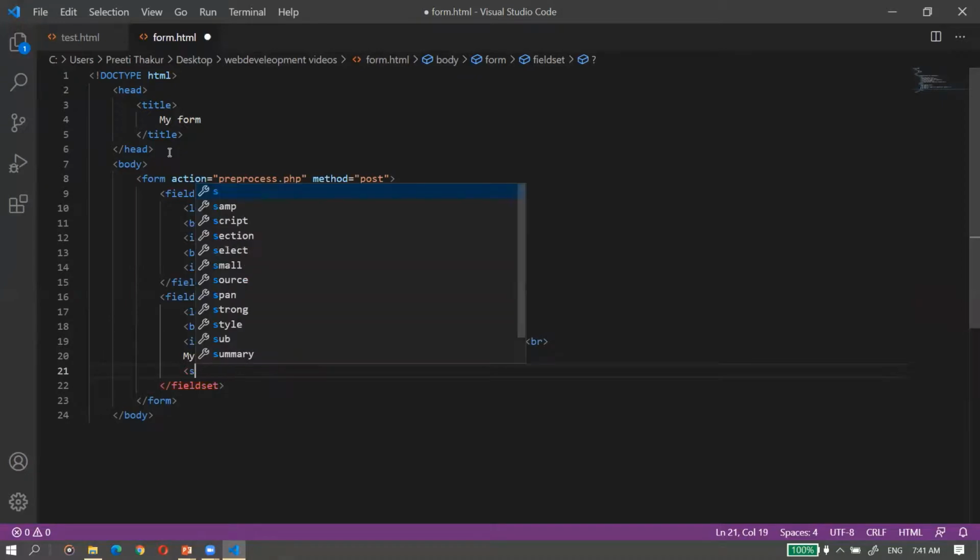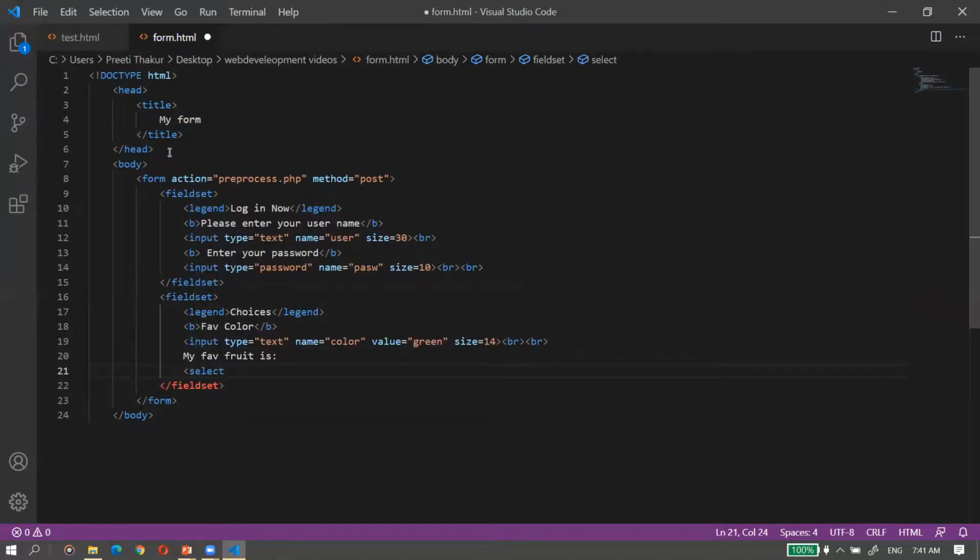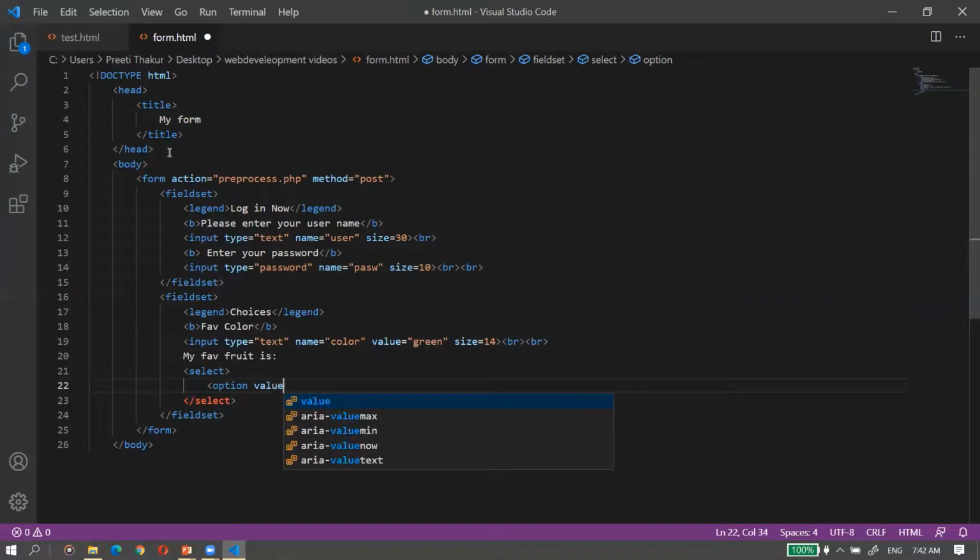So with the help of the select, I can create a drop down. So select, now you have to give the options, like from which the user has to choose. So option, some value we have to give. For example, I have given selected one,